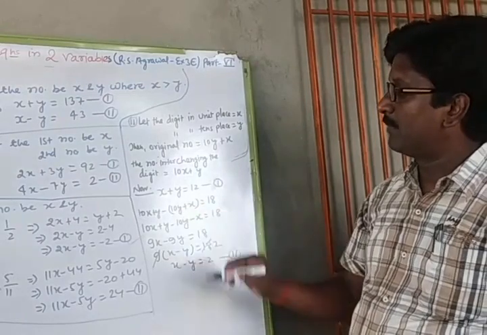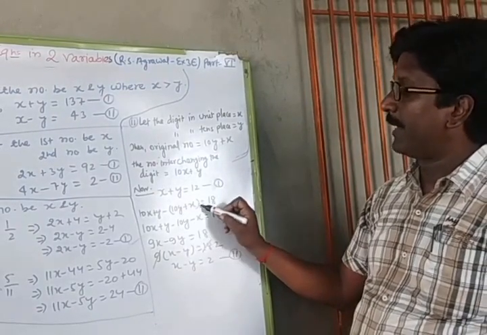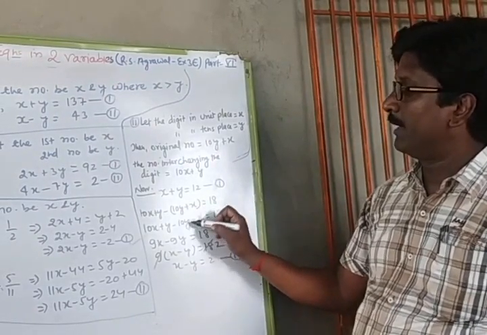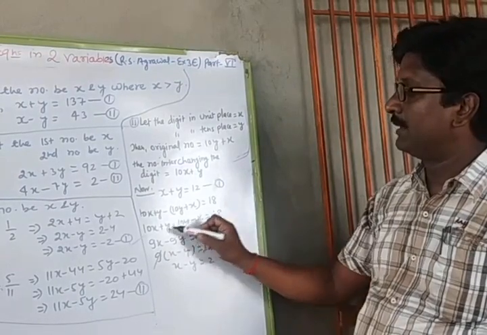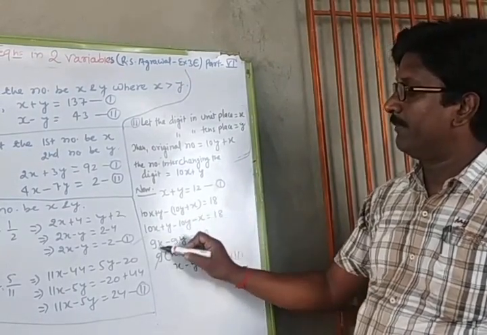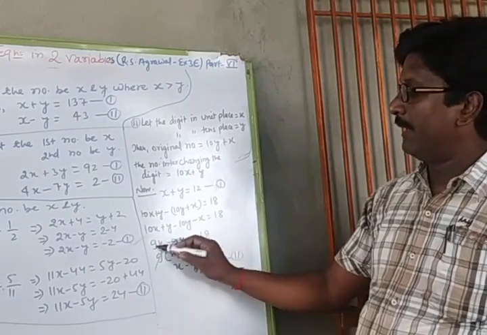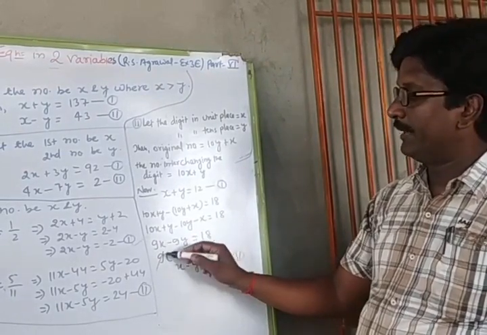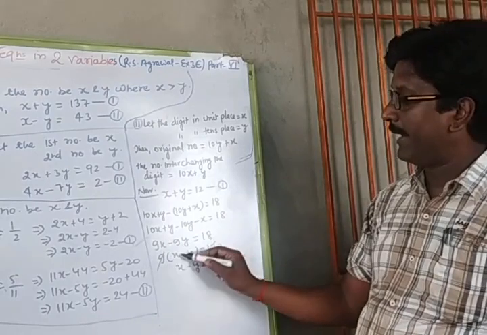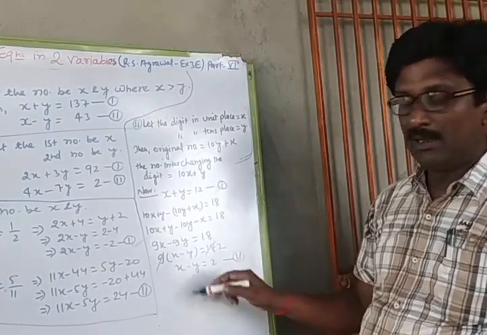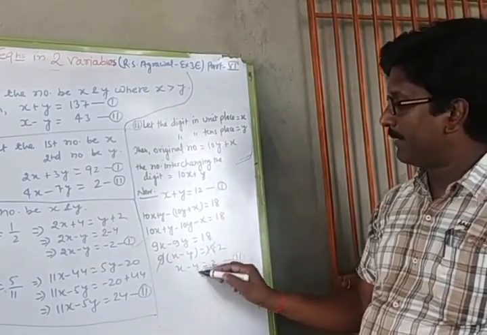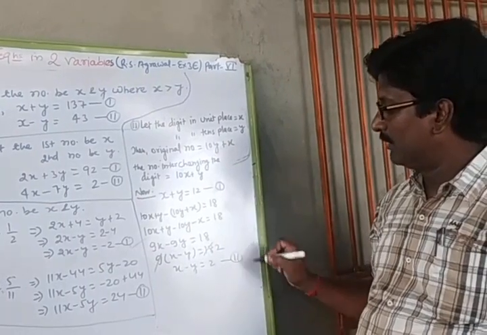So 10x plus y. Now we have to remove this bracket, and when this bracket is removed, then that will be minus 10y minus x. Then 10x minus 1x will be 9x, plus y minus 10y, that is minus 9y. And here 9 is taken as common. Then after taking 9 as common, we get x minus y is equal to 18 upon 9, 9 twos are 18. Then x minus y is equal to 2. This is the first equation.